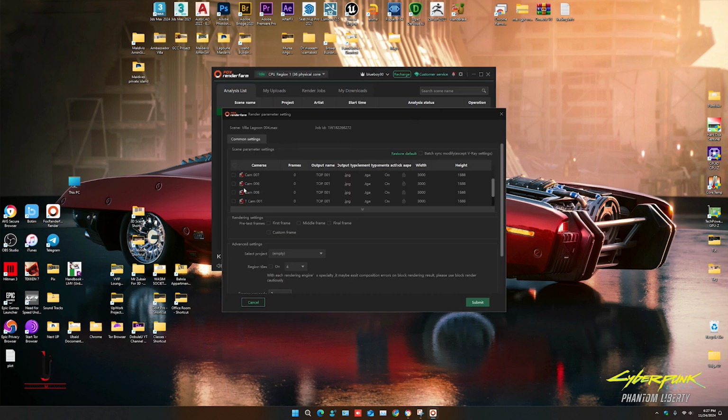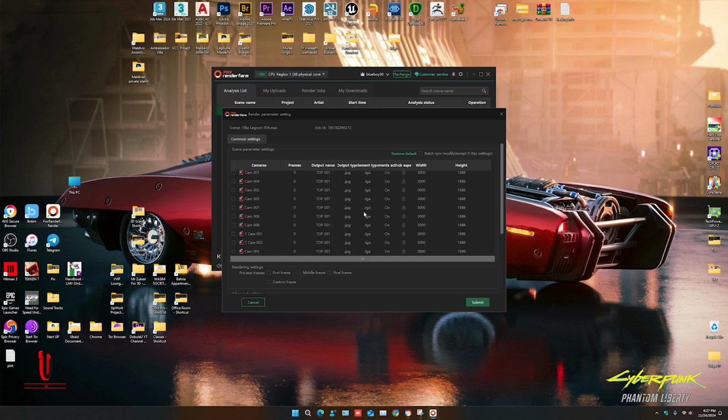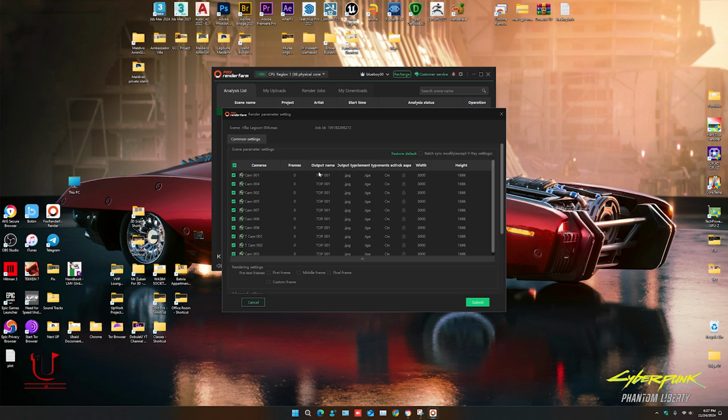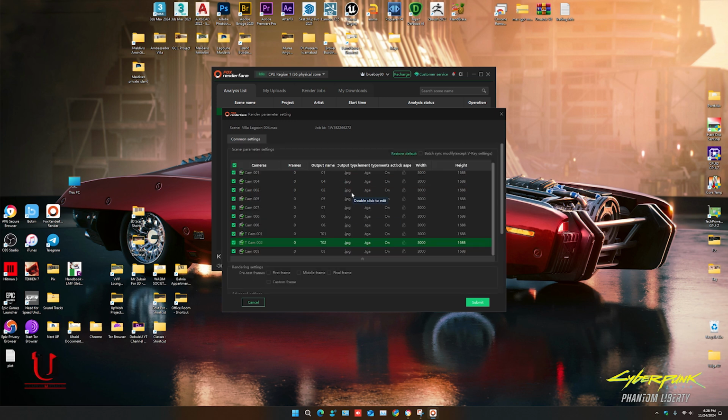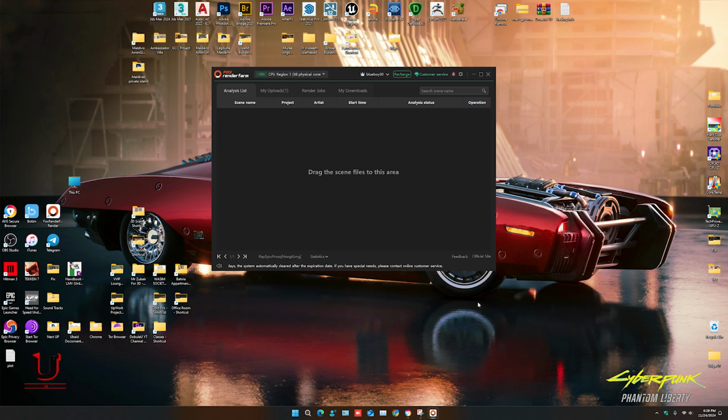In Common Settings, you can select the cameras or mark them all. You can change the name of the render output. I'm going to change the name according to the camera. Just click on Submit. Now the file is uploading. After the file is uploaded,